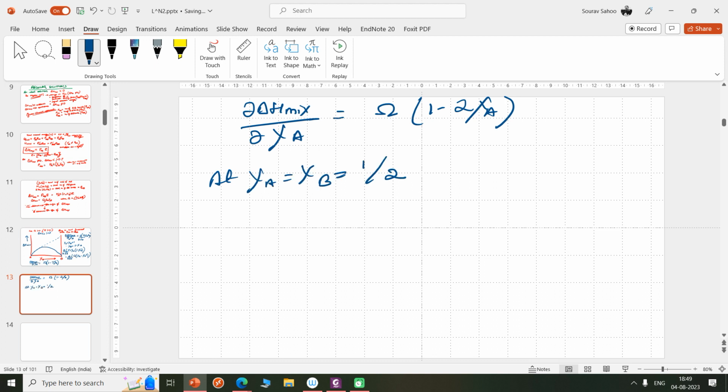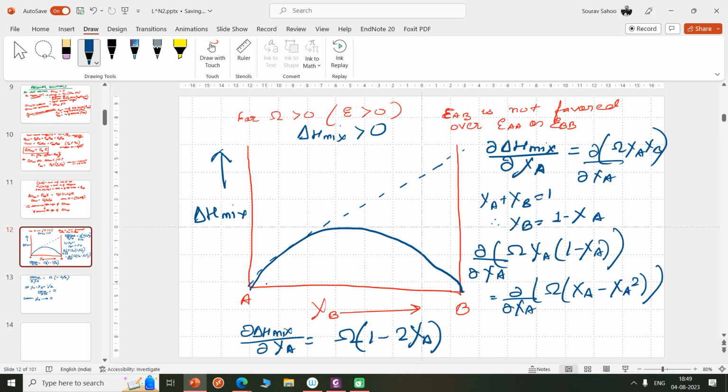so for a half and half case, half of A and B, we'll see that this term is actually 0, right? So the slope delta H by delta X is equal to 0. And another case is when my mole fraction of solute is very small. It tends to 0. It's towards the left end. The A is very small. In that case,